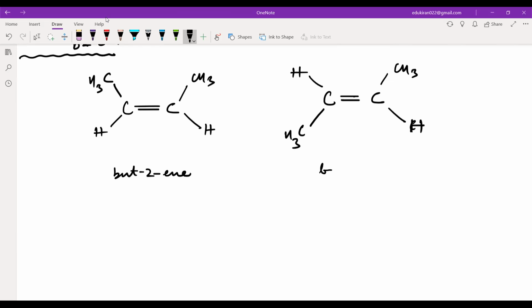Butene. And this structure will be butene. No change, or will there be any change? Tell me. Both of these are butene, right? Yes, sir. Okay, fine. That means these two structures should be same. Their properties should be same. Everything should be same. If they're having same names, that means everything should be same.